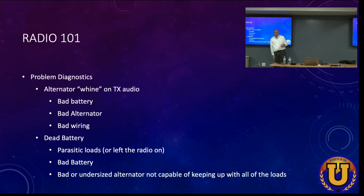Dead battery, who's come out in the morning and put the key in and tried to start it, and it went, yeah, right. You know, there's a reason I usually carry a 150-foot long extension cord and a battery charger in the truck, right? The killer of batteries are parasitic loads. All modern cars have some level of parasitic load. So the way you find out is get a clamp current meter, turn the car off, put it on the negative lead, crank it up. It's probably half an amp,